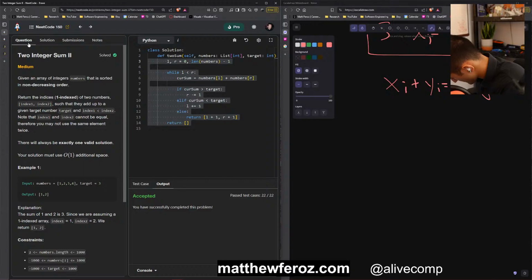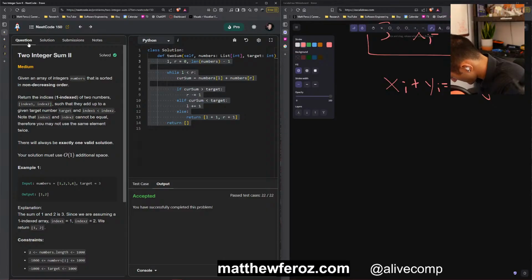If L, well, no, it starts with R. If R is greater than cur sum, we're going to do R minus equals 1.